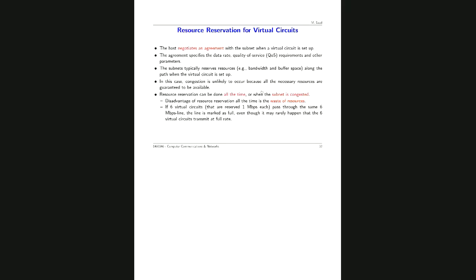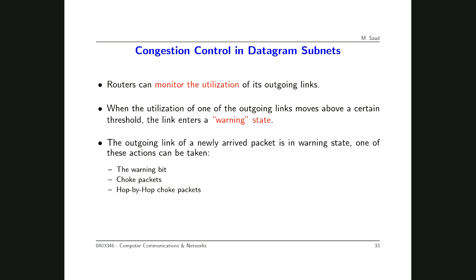So we continue our discussion on congestion control mechanisms for virtual circuits. We talked about three mechanisms: admission control, careful routing, and resource reservation. And now we would like to continue with congestion control mechanisms in datagram subnets, or in networks that apply connectionless